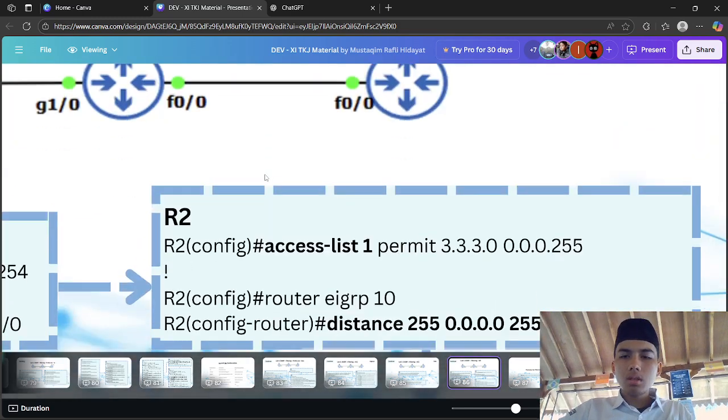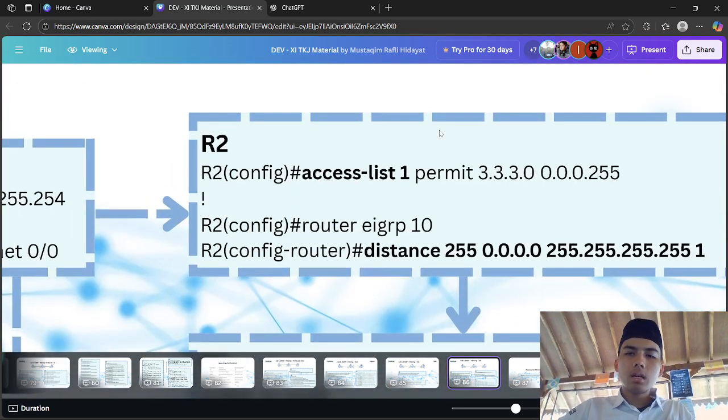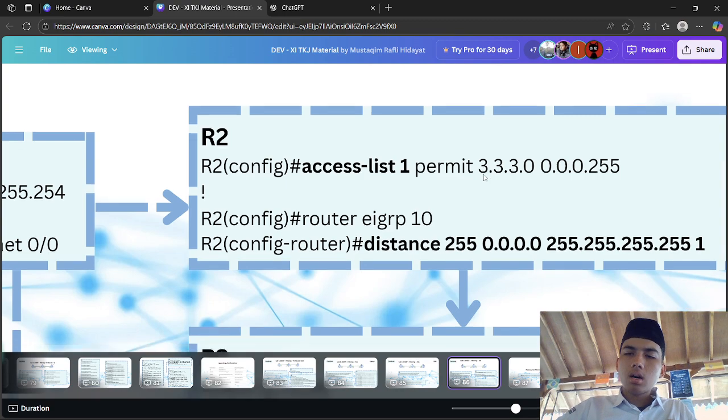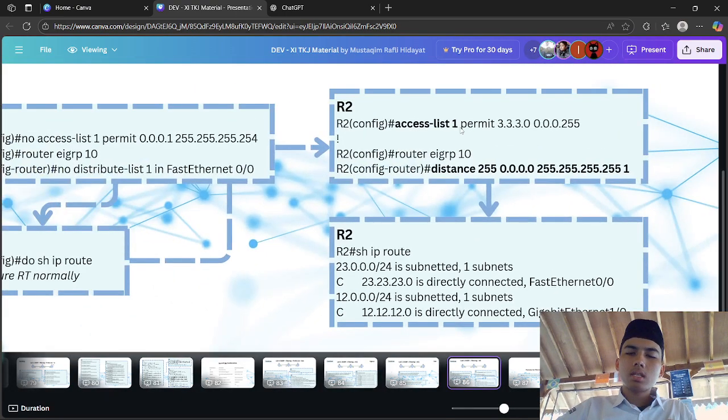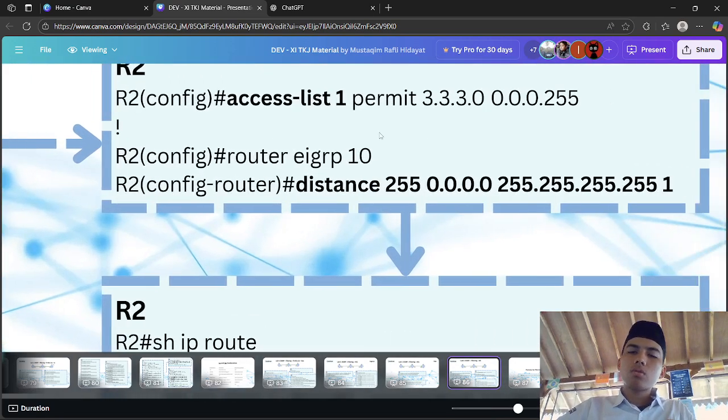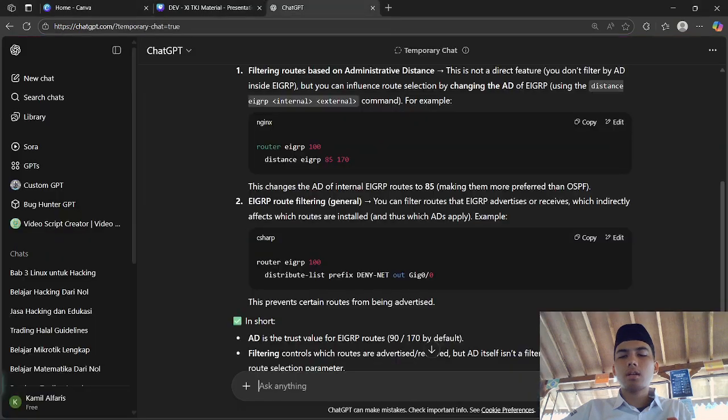If we show ip route, there will be 3.3.3.0 because we changed the distance to be higher than the others.